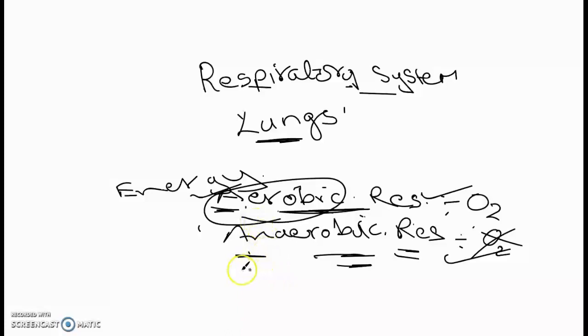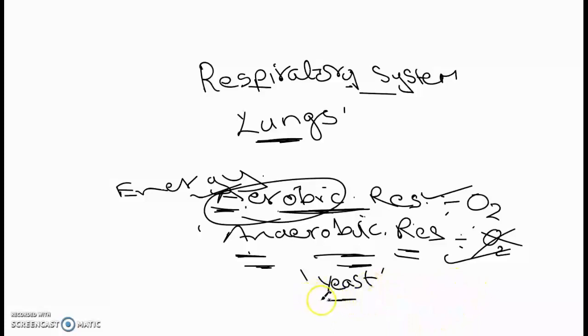So in this chapter you have also seen an experiment that is conducted to prove the process of anaerobic respiration with yeast cells. You take yeast cells in glucose solution, and then you have a delivery tube, and you have lime water at the other end. So you can see the performance.